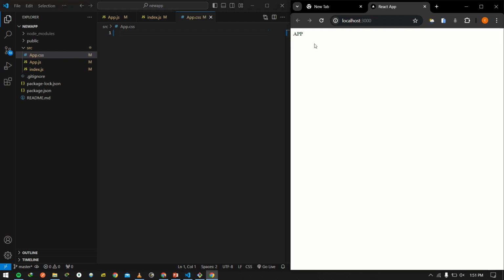So as you can see now, app. So now at this point we have cleared out everything that was default. Now we want to start creating our own React app. All right, now we want to start creating our own React app. All right, so we start with modern, right? Just as